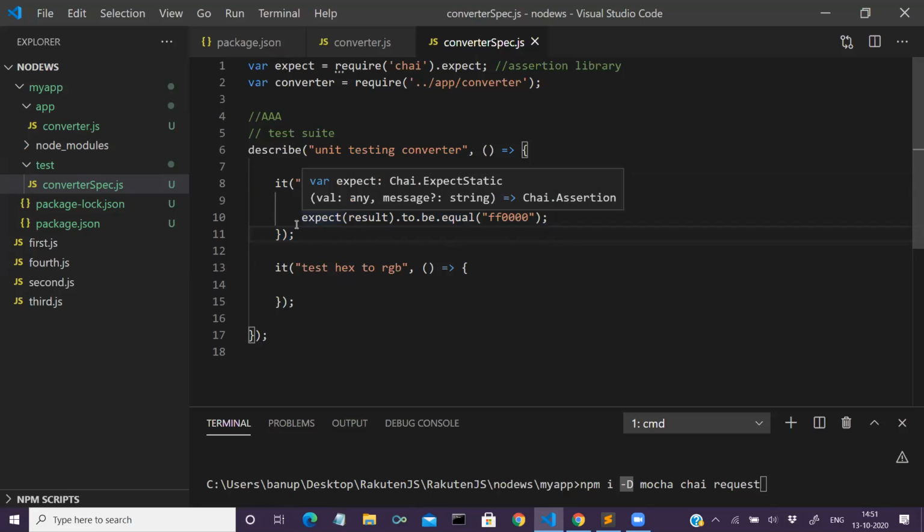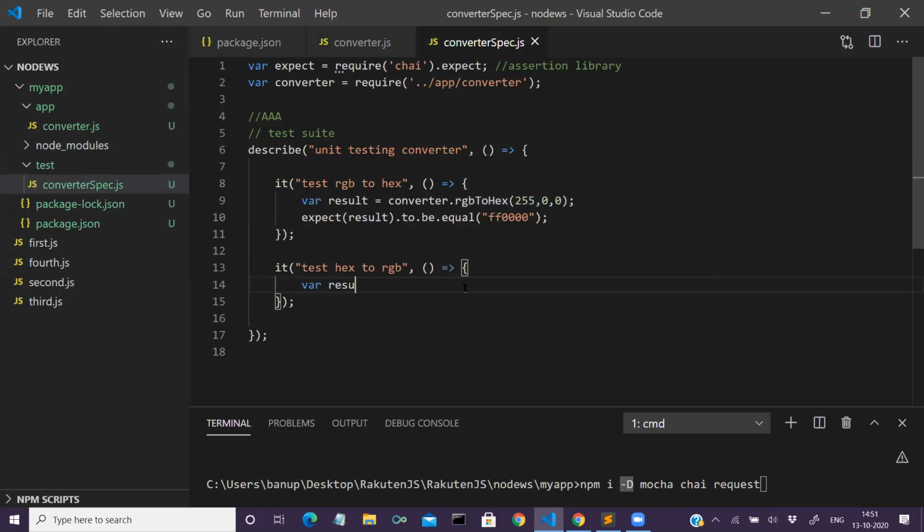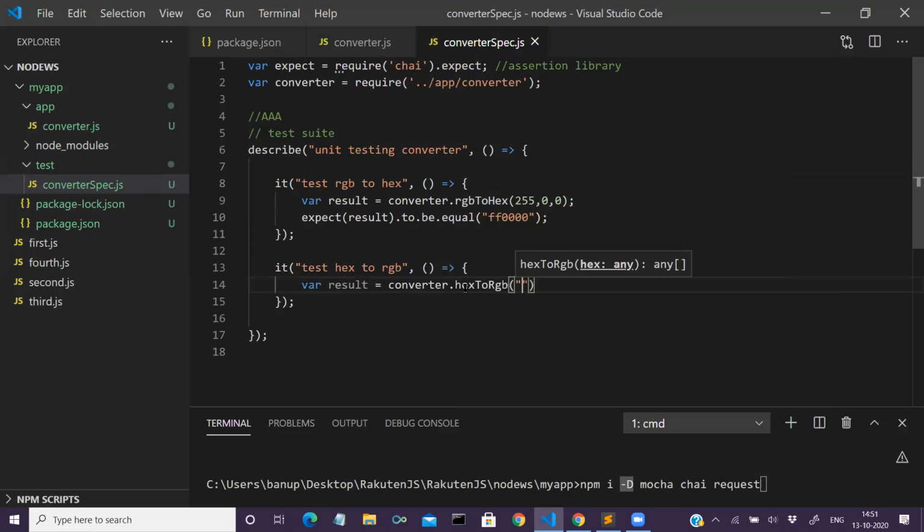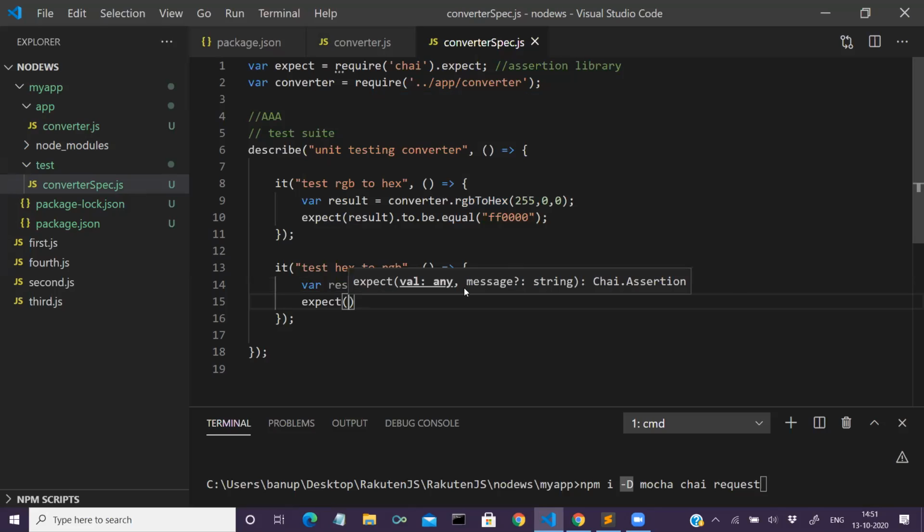If one of the expects fails within this, it will mark it as failure. Next, same thing. If I take a result here, converter dot hex to RGB, and if I pass ff00, expect result